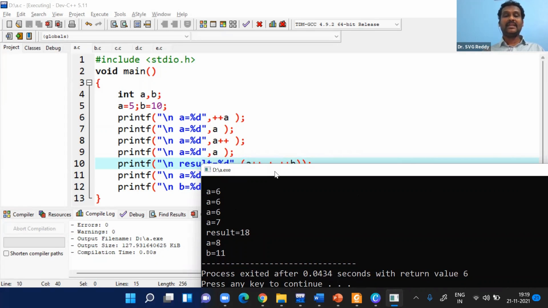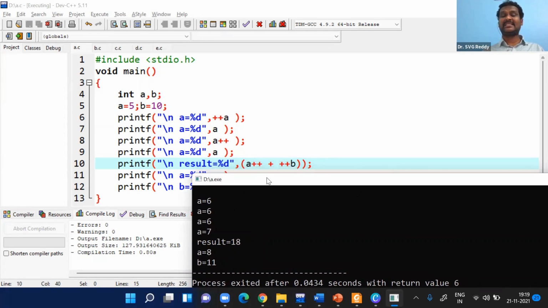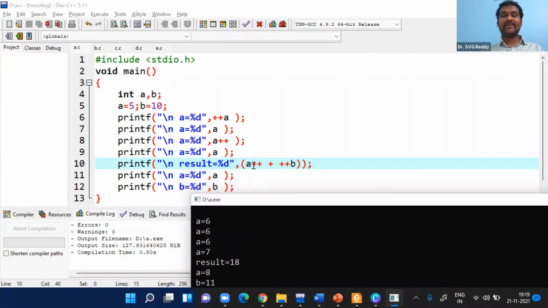And then, next expression, see there. We got it as 7 plus 11, 18. So see, 7 plus 11 is 18. Result is equal to, this expression is given to percentage d, so it is 18. And then this a plus plus has come to the next instruction. So here it is 7 plus 1, it becomes 8. See the mouse here, 8. And b, which is 10, was made 11 at this plus b, and the same remains, because it is already pre-incremented, so it is 11 here. So the same is printed here.